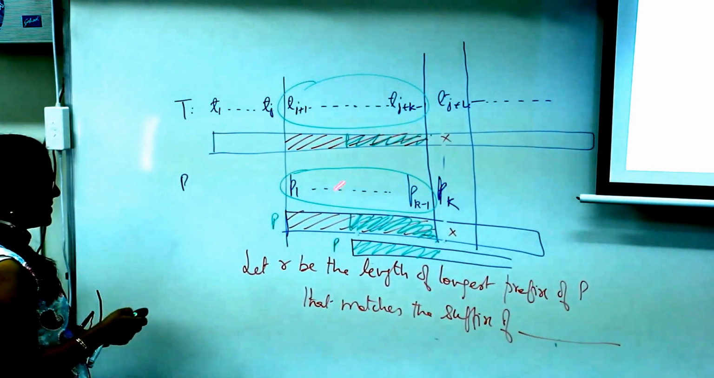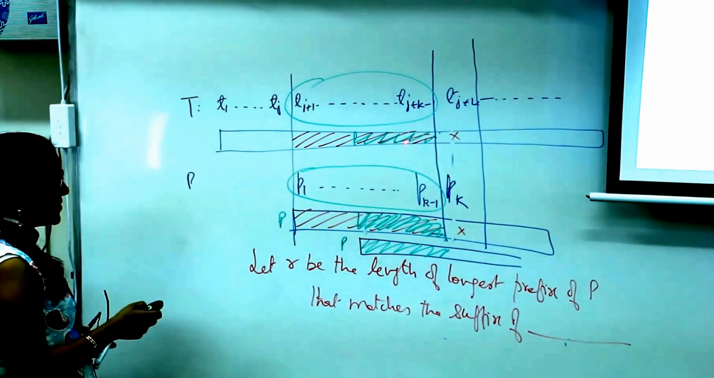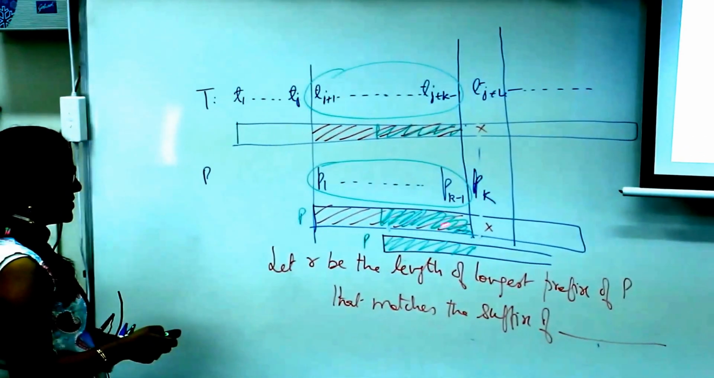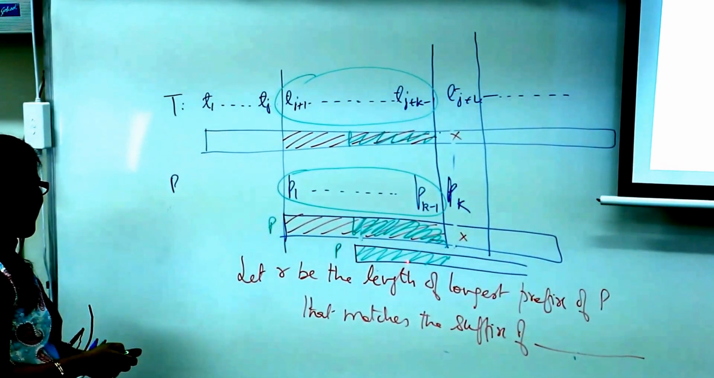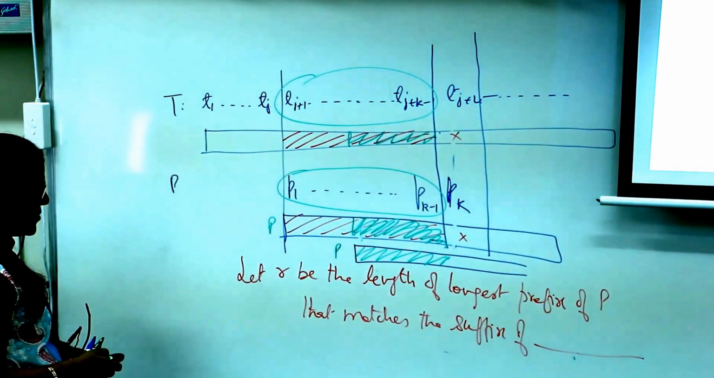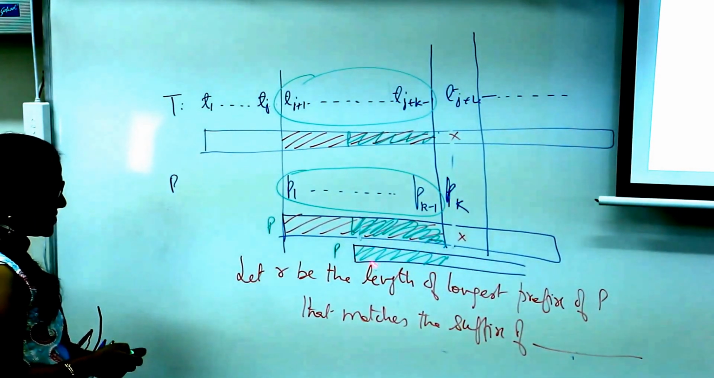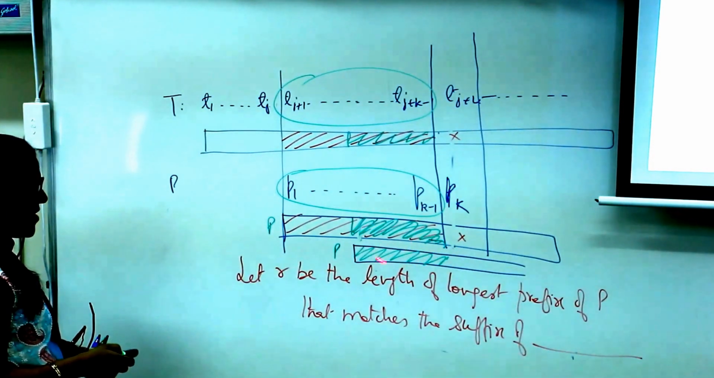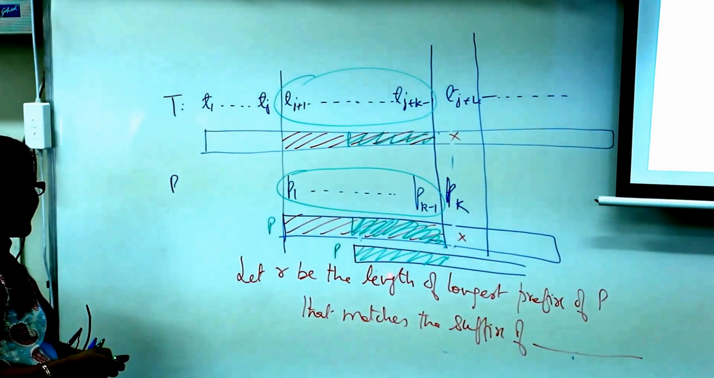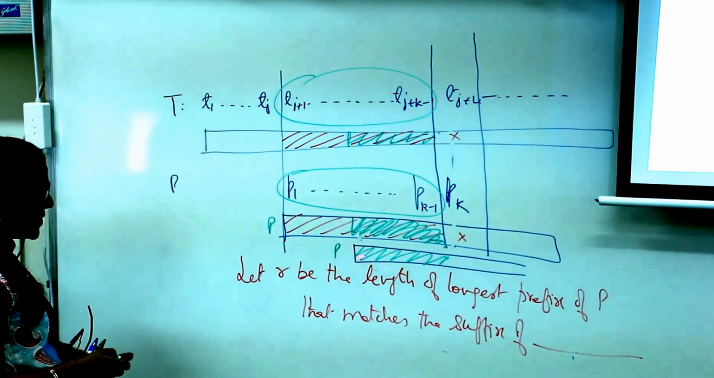This red part of the text is the same as this red part of the pattern. So the suffix of this red part of the text is the same as the suffix of this red part of the pattern. Okay? And we would want this to be as long as possible, so that we don't have to match this part. So let R be the length of the longest prefix of P